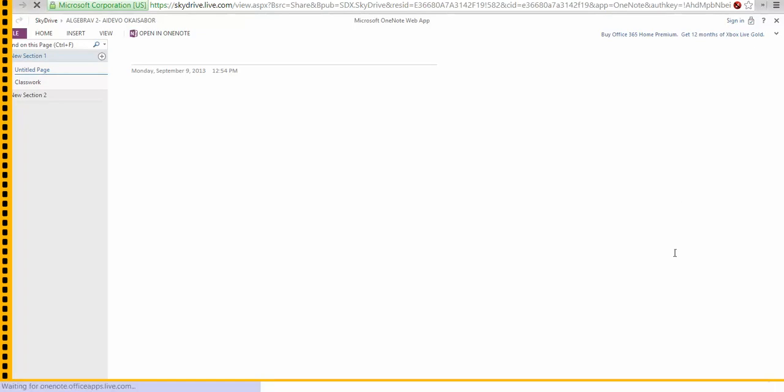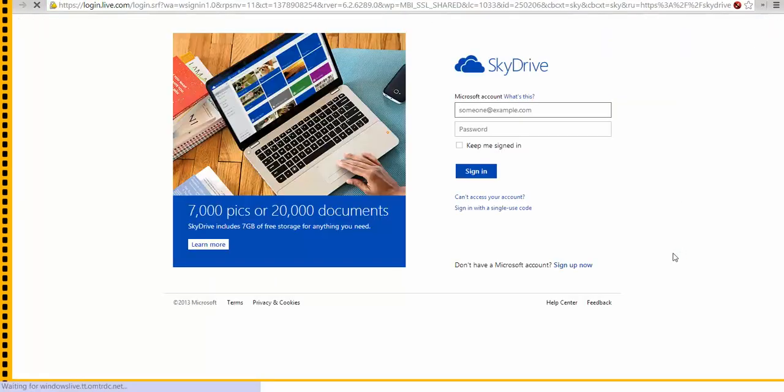Once you're signed in and you click on open in OneNote, it will open it in your OneNote program. And then once it's in there, you don't have to do this again. Once it opens up in OneNote, you do